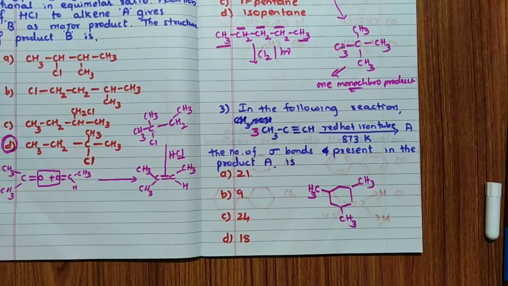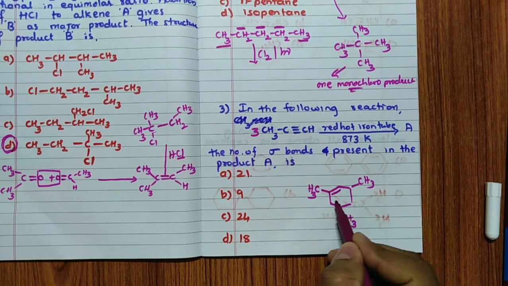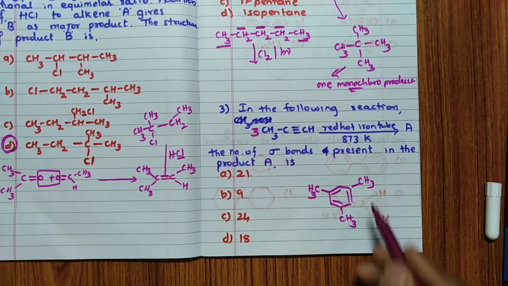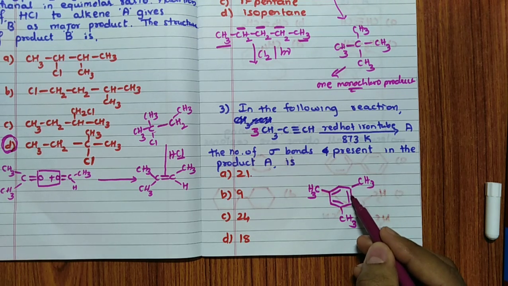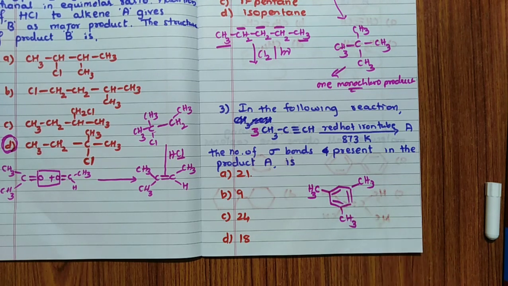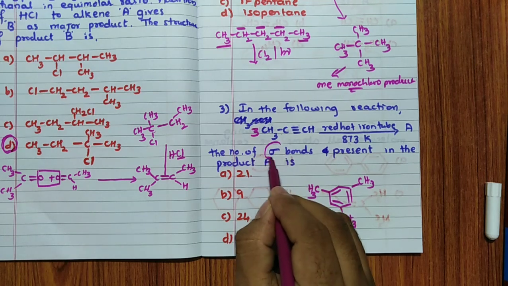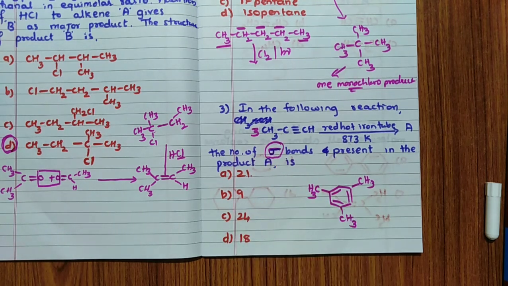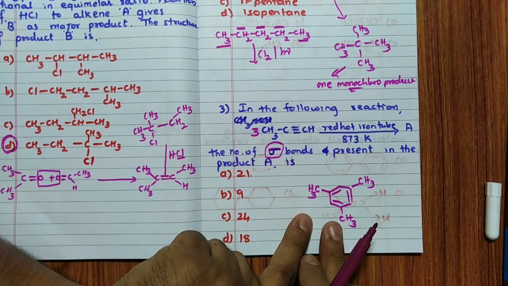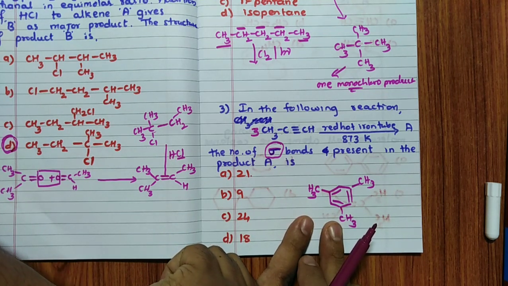So now remember, in this particular case, double bond is present. See, this is one part, CH3 C triple bond CH. So this triple bond will convert into double bond to form a cyclic chain like this. Now calculate sigma bonds. We required sigma bonds. How many sigma bonds are there? See, how you will do it wrong, I will tell you. This much you will write it correctly. Maximum number of students will write it correctly.